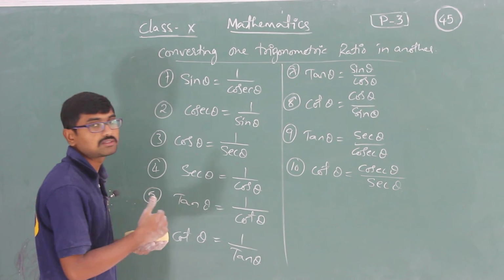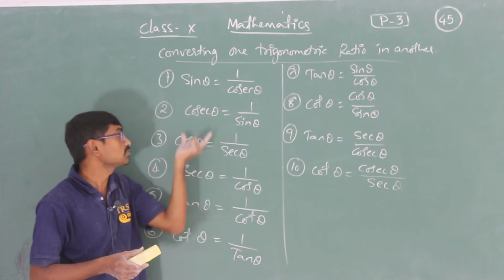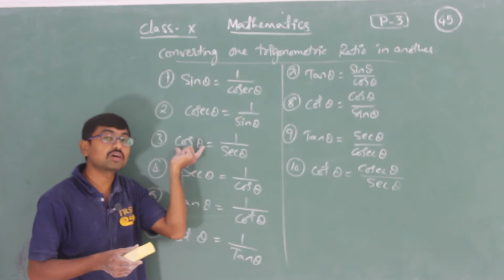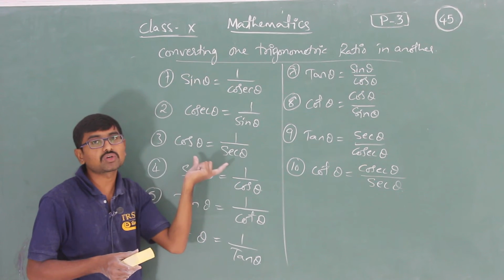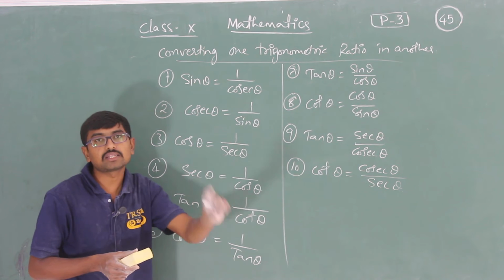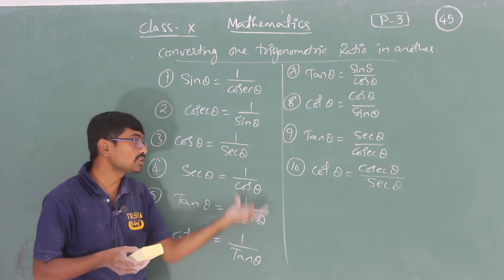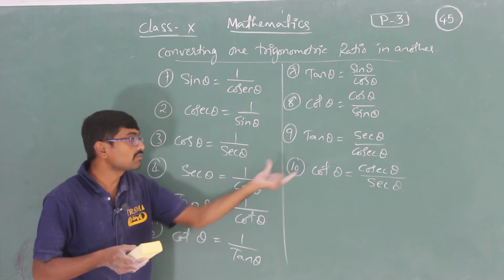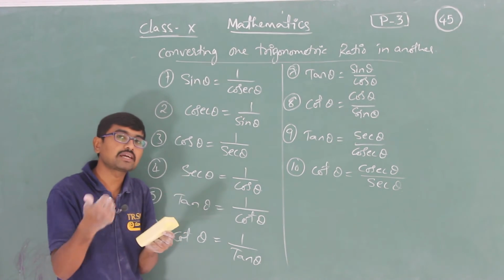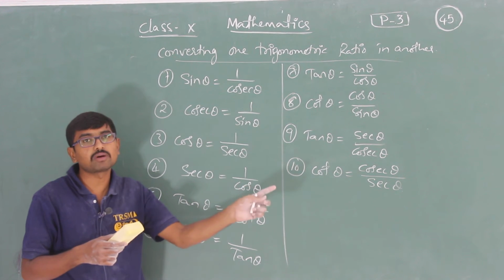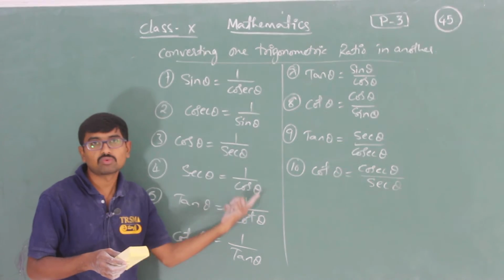Again we have different parts. Okay, again these things we have converted here. Can we convert sine in terms of cos? Yes, absolutely. Can we convert cos in terms of sine? Yes, absolutely. Each and every trigonometric ratio can be converted in terms of another trigonometric ratio, but we are having a little bit different methods. So based upon the ratios it can be converted like this. Okay, so based upon the angles and based upon the sides, again we will be converting these trigonometric ratios in the form of others. Okay, so in our next class we will be doing some more.